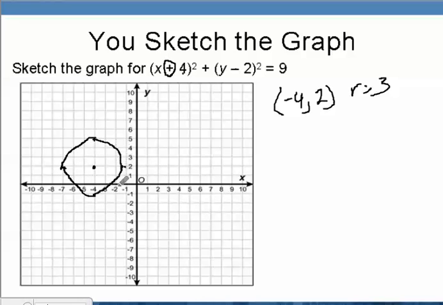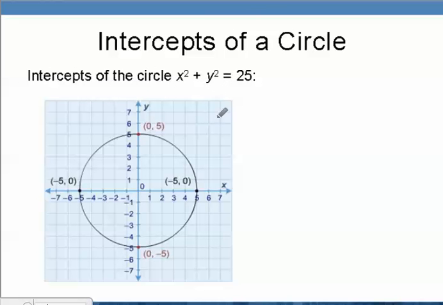Do you see how I found the center? Do you see how I found the radius? That's what a lot of the equations of a circle are, is finding the center of the circle, finding the radius. Okay? Now, intercepts. Intercepts of a circle are, when we're looking for y-intercepts, that's the point on the y-axis